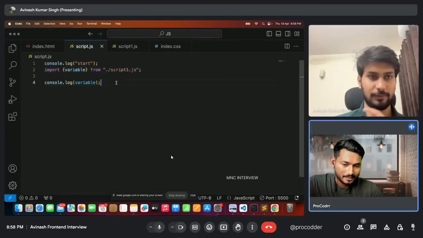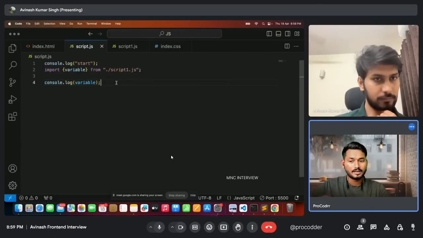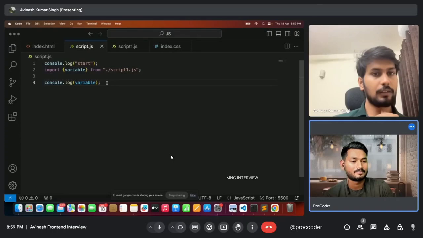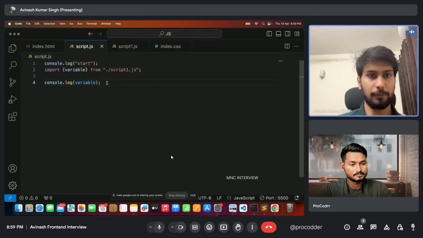Can you explain to me how, since the import statement we have written on line number 2, it is executing that line before the start also? Okay. So there are two phases. First, JavaScript would assign the memory, do all the assigning memory part, and then the execution part.